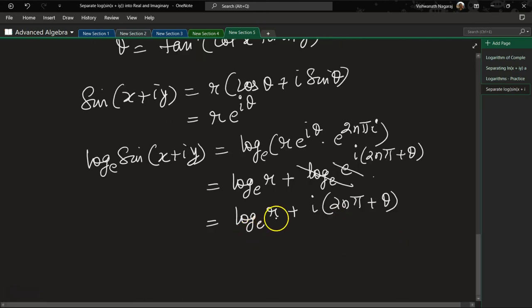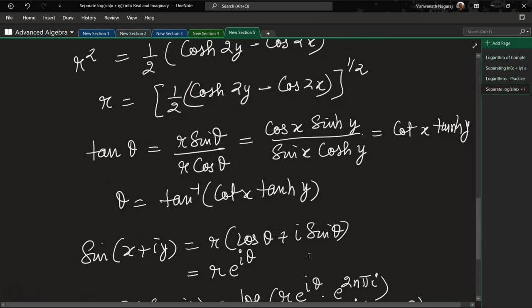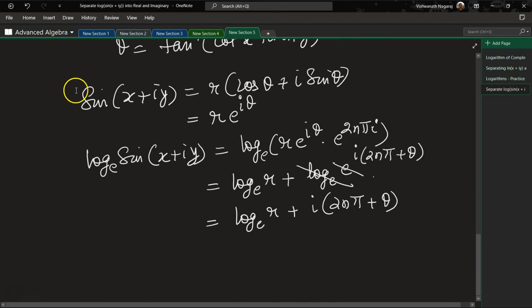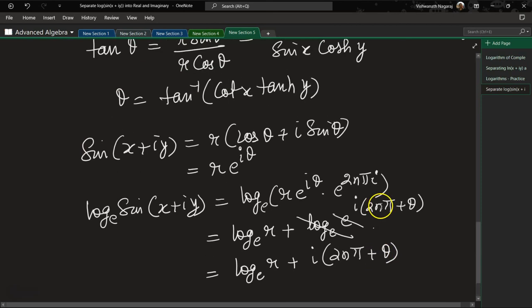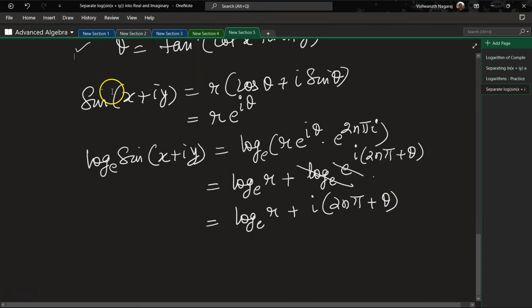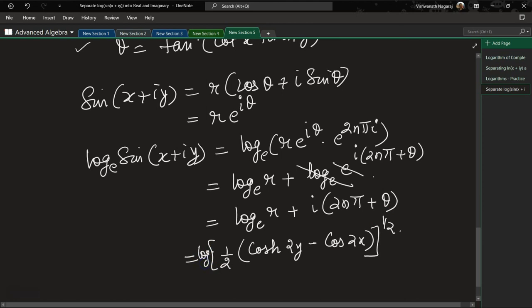We know what is r, right? We have found r. We also know what is theta. Theta is this. So we do the necessary substitutions. So it is equal to 1 by 2 of cosh 2y minus cos 2x to the power of 1 by 2. And since we are taking the log, you will have log e. So let me make some space there. Is equal to log e of this plus